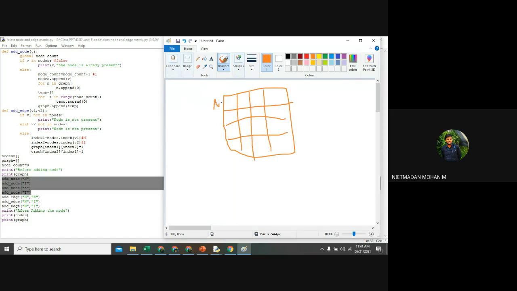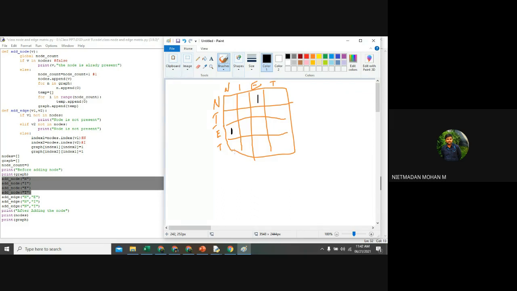So these are N, I, E, and T, and this is also N, I, E, and T. Now tell me the values for this. We have created three edges. One is from N to E, so an edge has been created from N to E. This will be represented as 1, right? Yes, sir. And again, E to N also will be represented as 1, right?